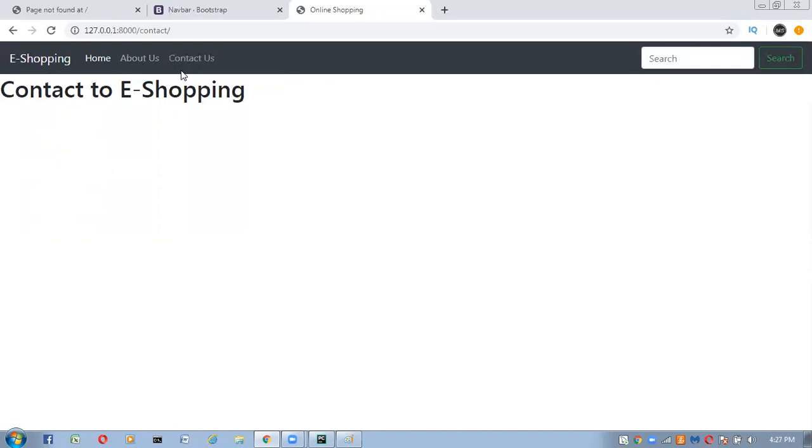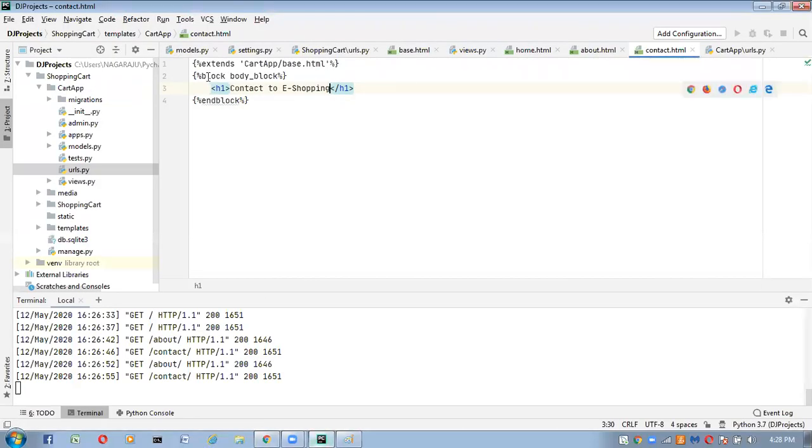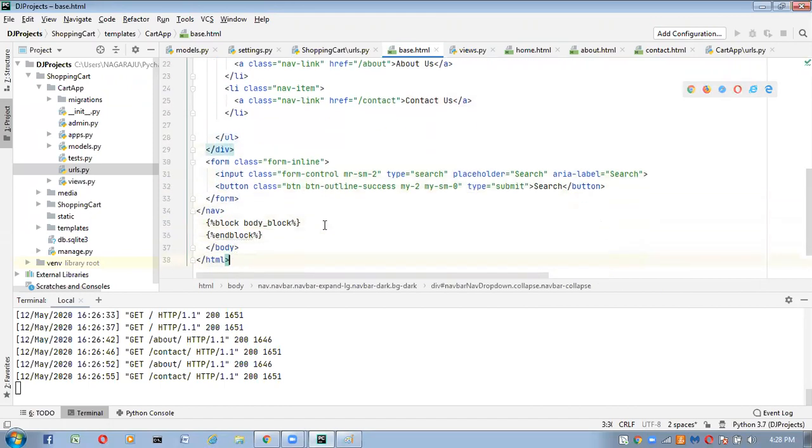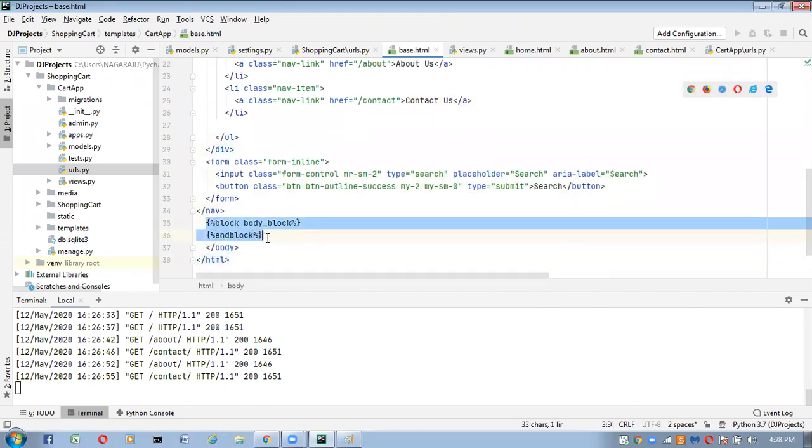And if you want to write the home.html page specific code, we have to take one separate block section and write inside that. See here I am taking this block, and the same block we have to specify inside the base.html file also. Whatever block we are taking in base.html, the same block we have to use in each and every HTML page. Inside that block only we have to write the HTML specific code. So now go back to browser.